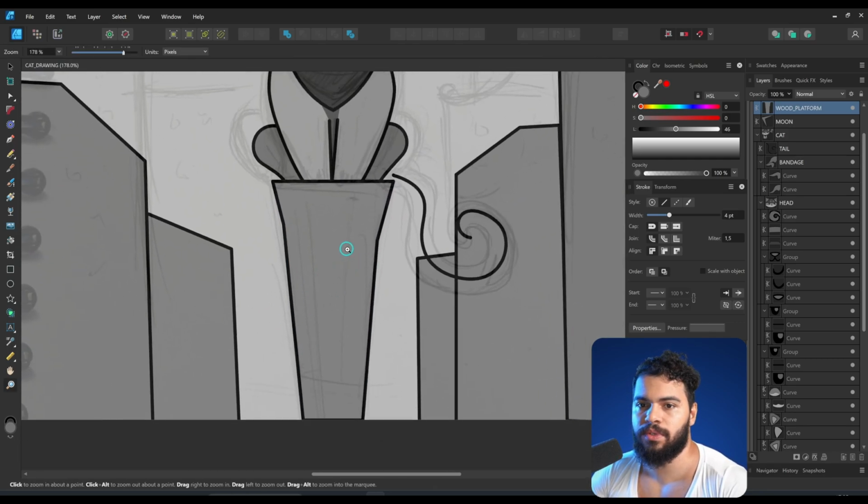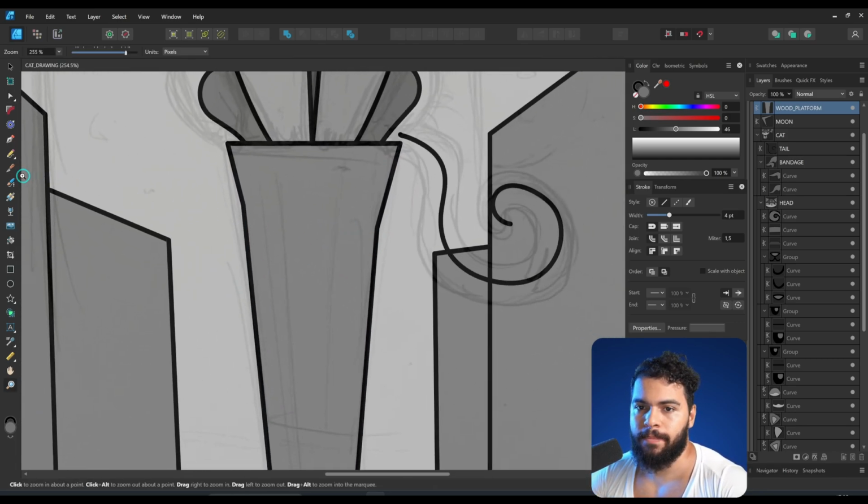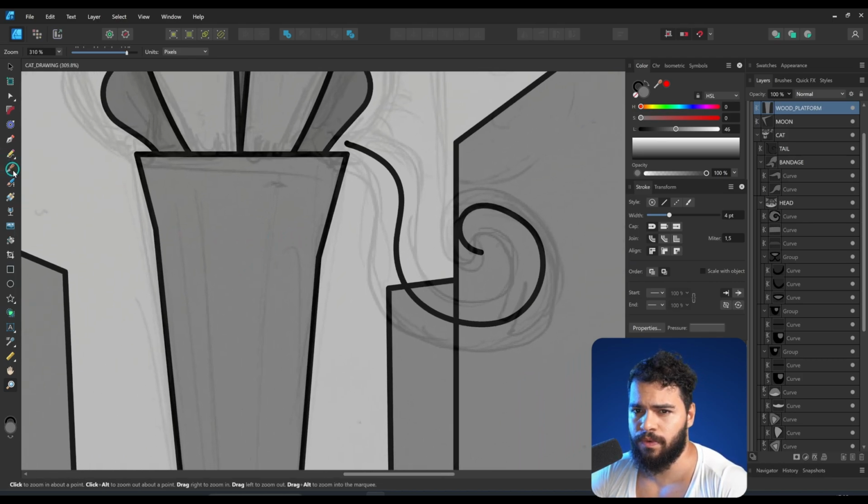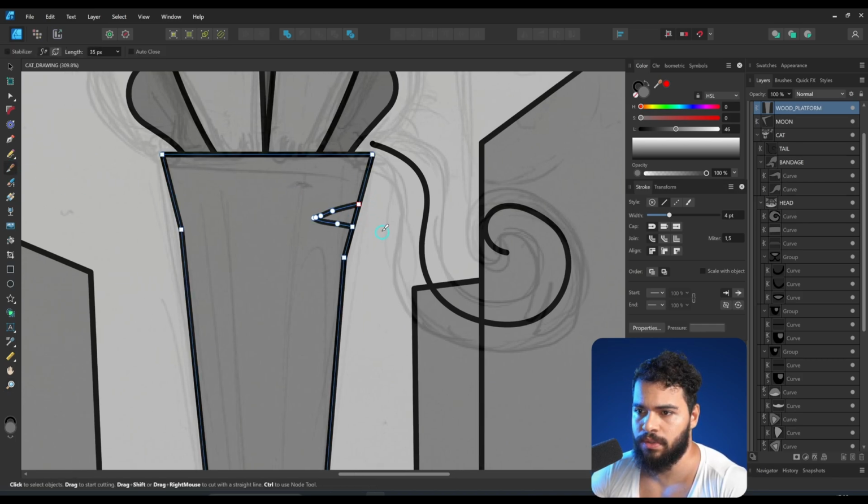Look at this, which is gonna be very nice for you. The knife tool, which is a new tool for Affinity 2.0, is gonna be very useful for this purpose here. I'm gonna use it now, and then I will do this. Let me activate the window stabilizer, and then I will do this. Look,